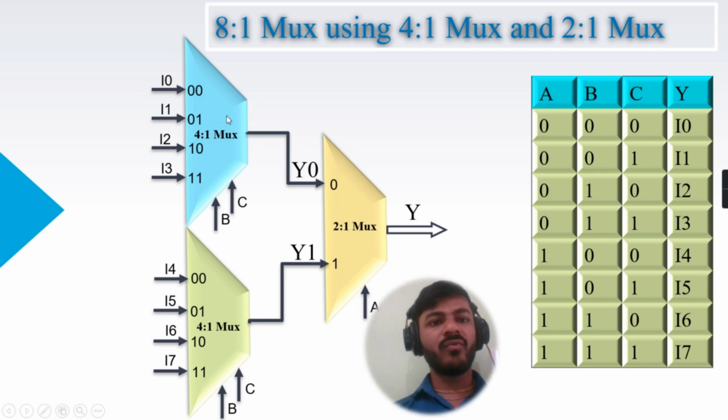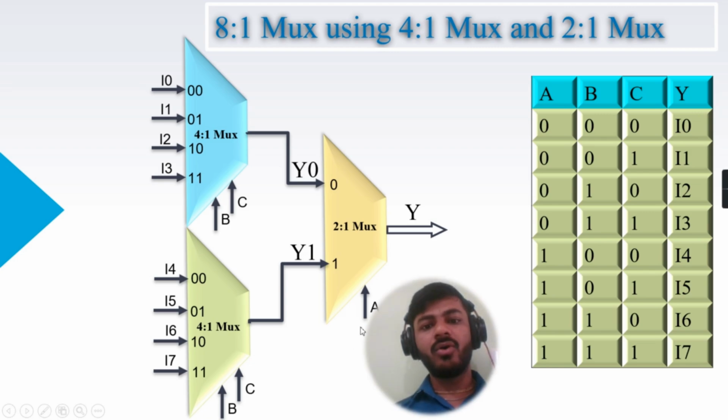So this 4 is to 1 mux is the first 4 is to 1 mux and this is the second 4 is to 1 mux. This is my first stage, and this single 2 is to 1 mux is my second stage. As you can see, for both these 4 is to 1 muxes, B and C are the common select lines. So if B and C are both 0, then from the first 4 is to 1 mux, I0 will be routed to the Y0, and from the second 4 is to 1 mux, I4 will be routed